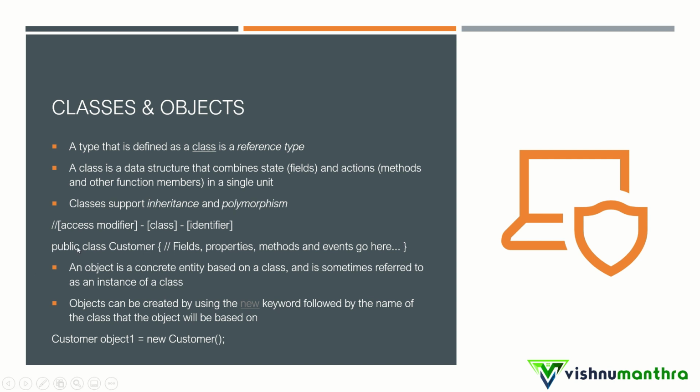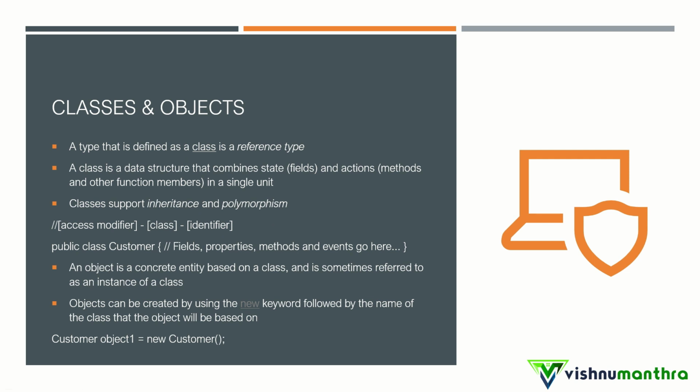One important thing is how to declare a class. You can see that there is something called an access modifier, then the class reference type, followed by an identifier, which is the class name, and then you will have curly braces. Within the curly braces you will have all the methods written. We will look into classes much deeper when we go to the Visual Studio screen. For now I will take you through these slides to give you an overview, and once we are in Visual Studio we can see the usage of all this.